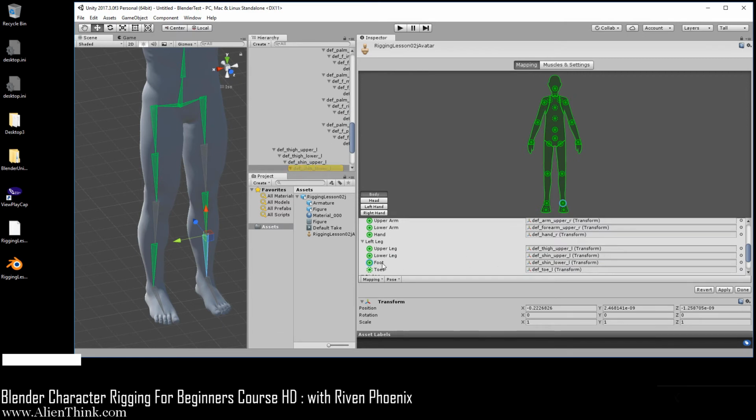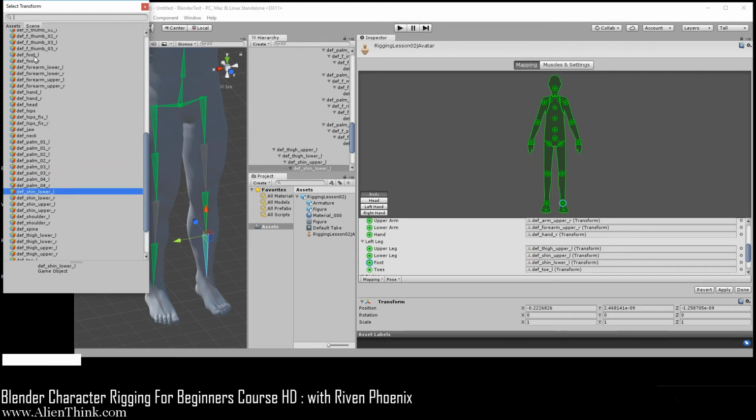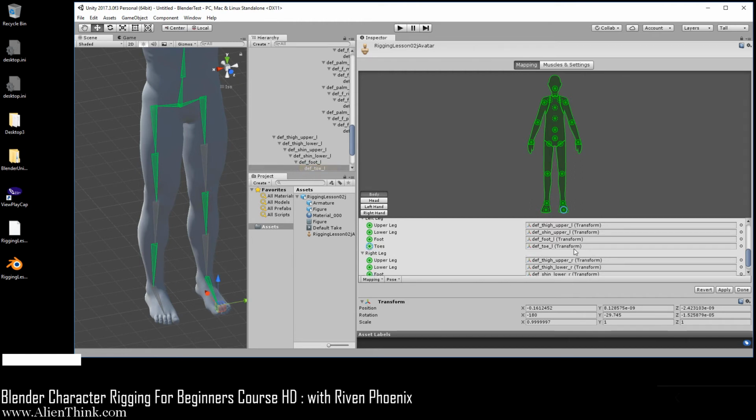This is wrong because this should be the foot. So we have to click this, go find the foot bone, which should be right here, dev.foot.l. Just double click it. You might have to do this a couple of times. Sometimes it doesn't take it. So this is highlighted over here, and this is the toe. So this is correct. So we just need to fix this leg over here.